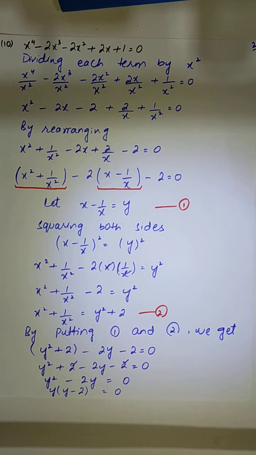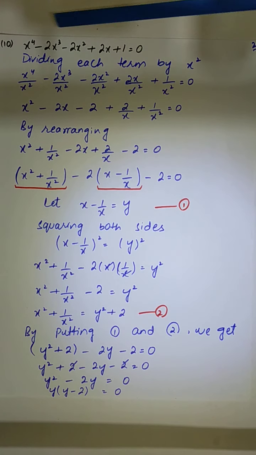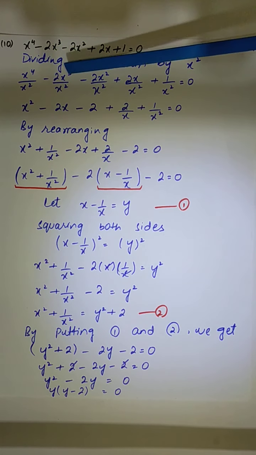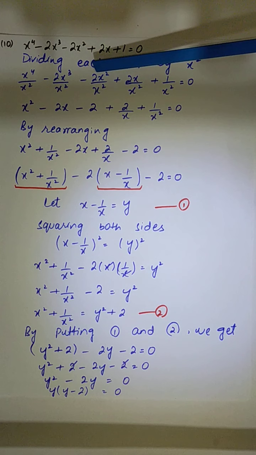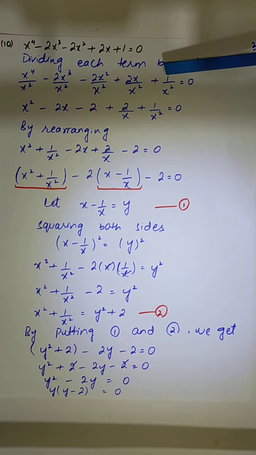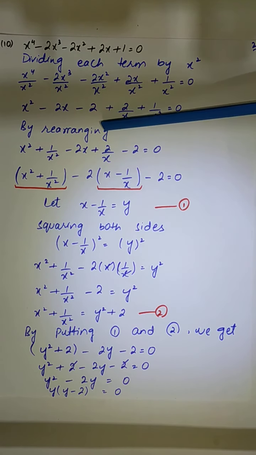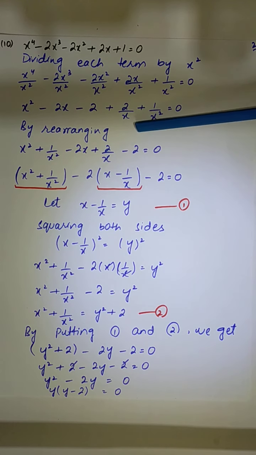First of all, we will make it x square, that is x^4. So we will divide each term by x square, like x^4 divided by x square, minus 2x cube by x square, minus 2x square by x square, plus 2x by x square, plus 1 by x square is equal to 0. And this becomes x square minus 2x minus 2 plus 2 by x plus 1 by x square is equal